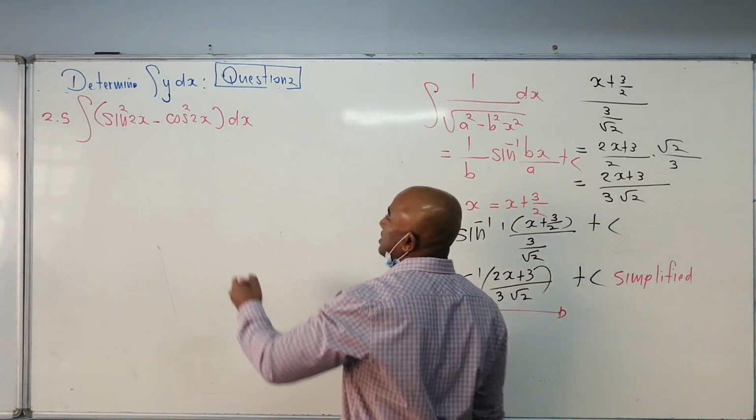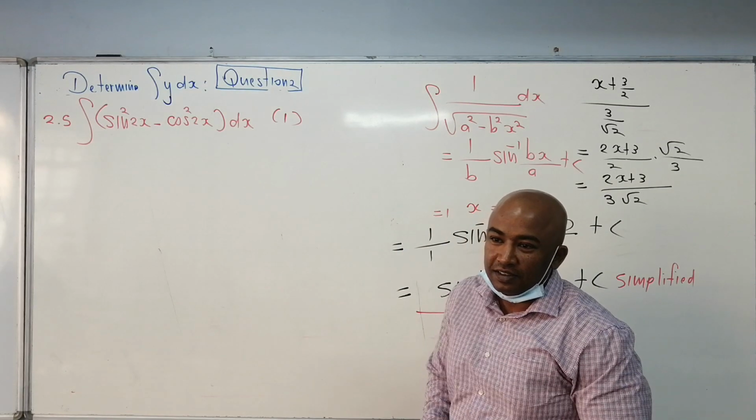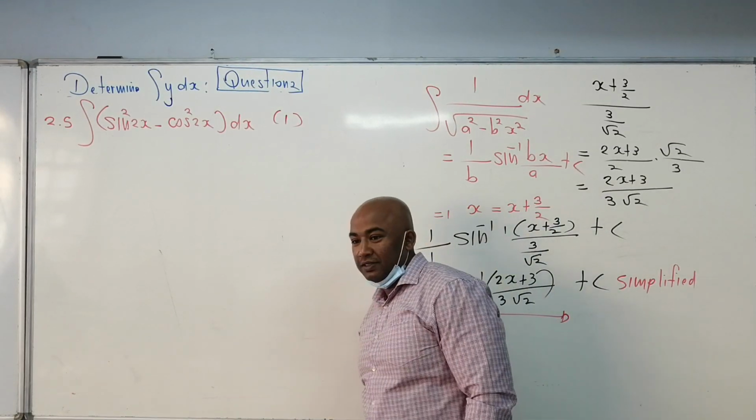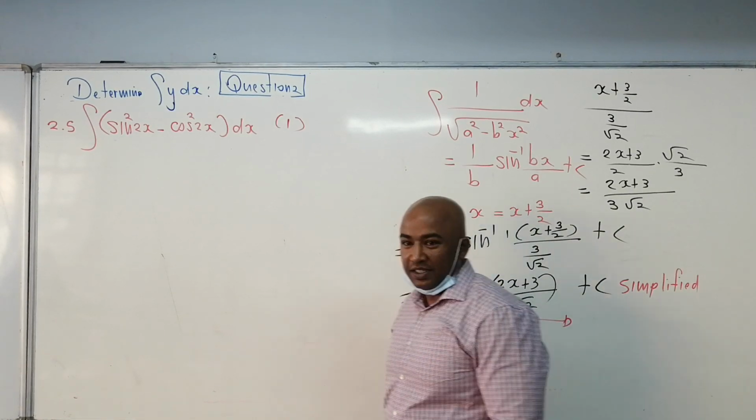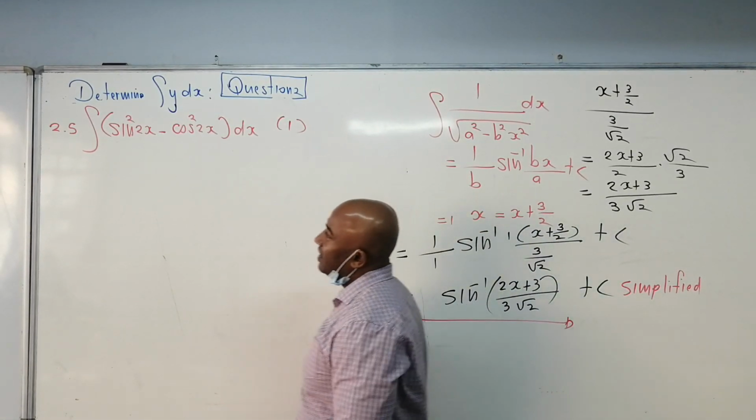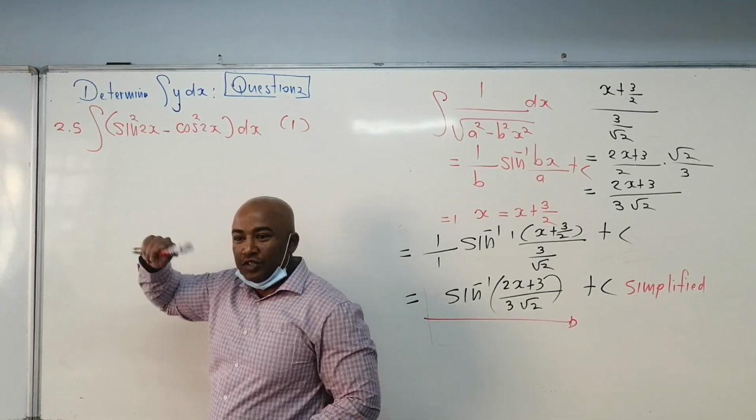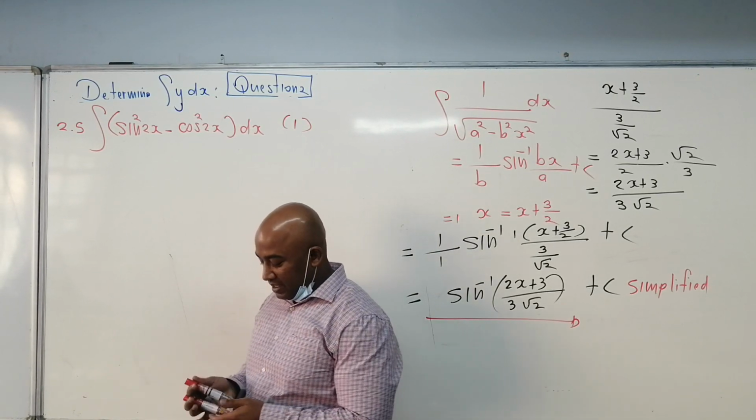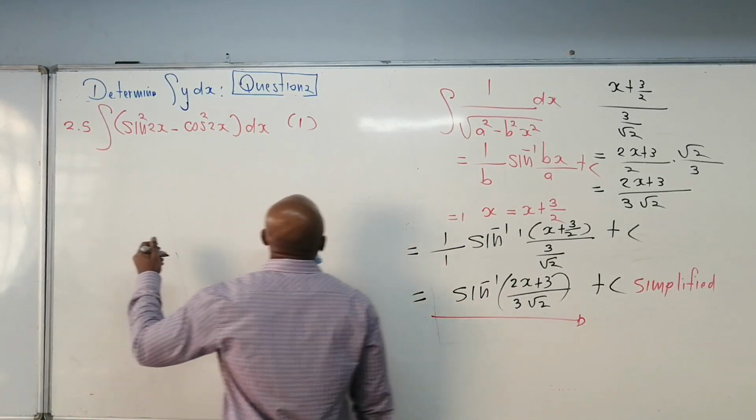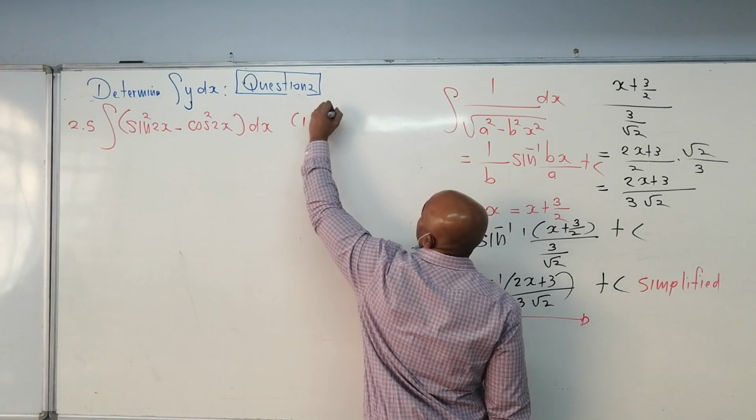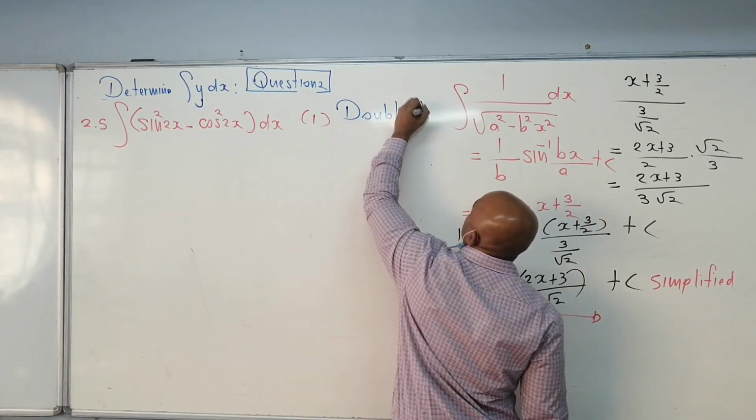Alright, so the next one, 2.5, is only 1 mark. That means it has to be simple. There's more than one way to deal with it. Okay, you know that there is a formula for sine squared, there's a formula for cos squared to change it. But now, what you notice here from your double angle formulas,